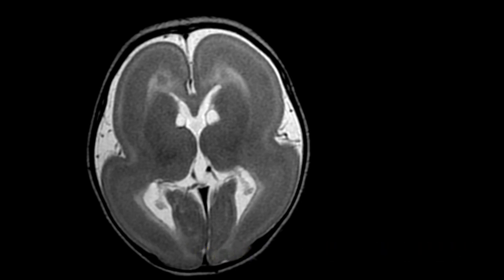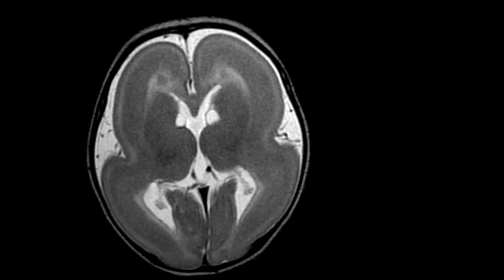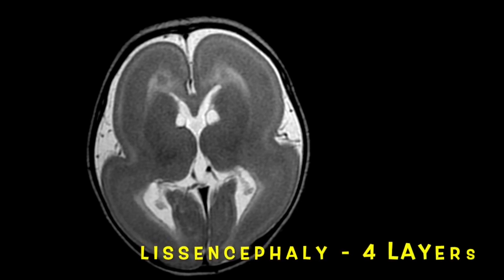This is one of the classical examples. There are more things to see in this. It is a classical example of the saying that the eyes can't see what the mind does not know. Normally the cortex contains 6 layers, but on MRI we cannot discretely see those layers. Here you can make out 4 layers, or at least 3 layers. So lissencephaly, unlike the normal brain which contains 6 layers, contains only 4 layers.